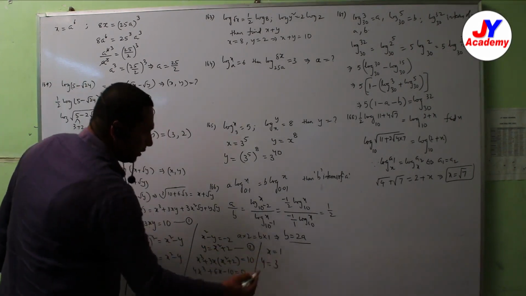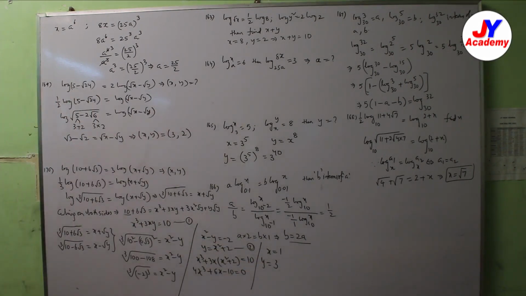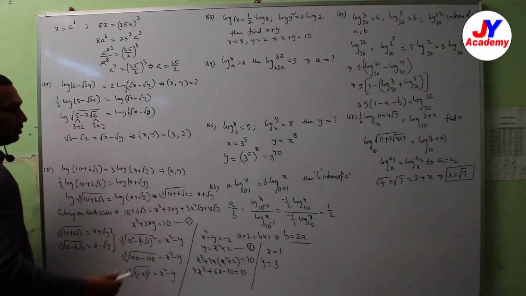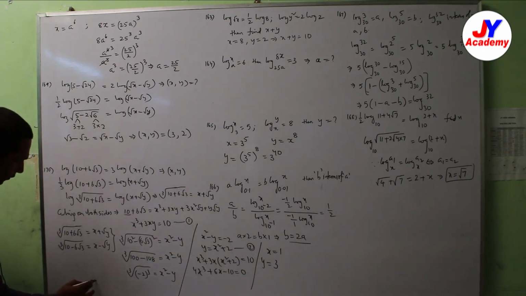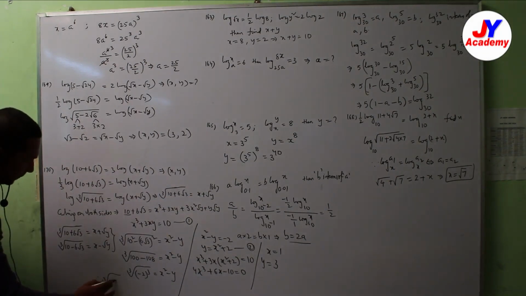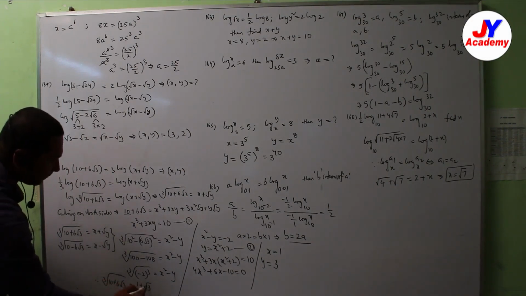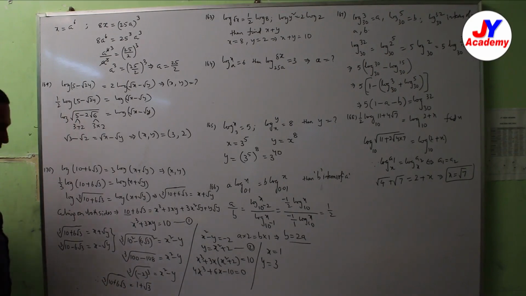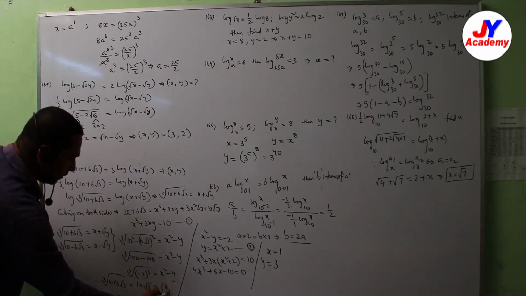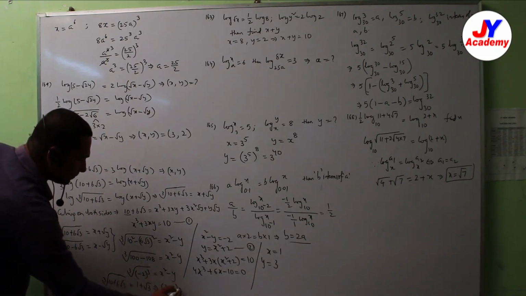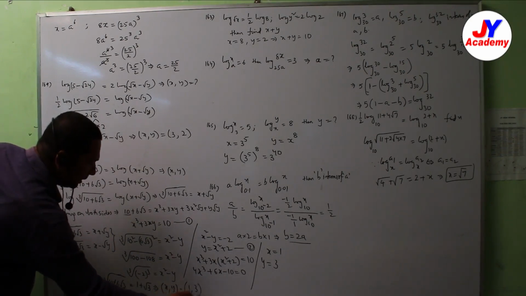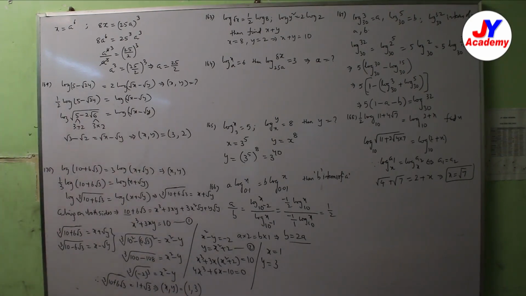So what is y? 3. So what is the cube root now? X plus root y. So therefore the cube root of (10 plus 6 root 3) is equal to 1 plus root 3. So that implies, what are the values of x and y? 1 comma 3. That's the required solution. Write it down, all of you.